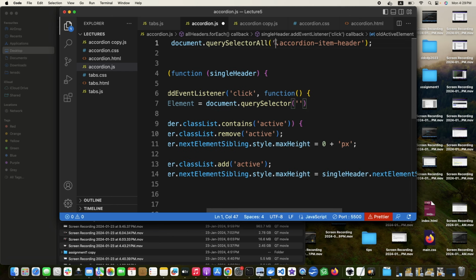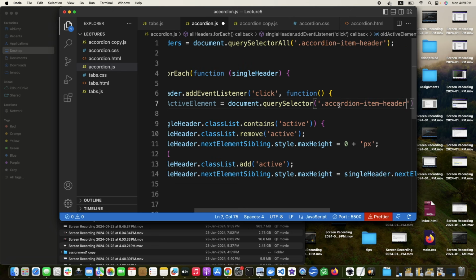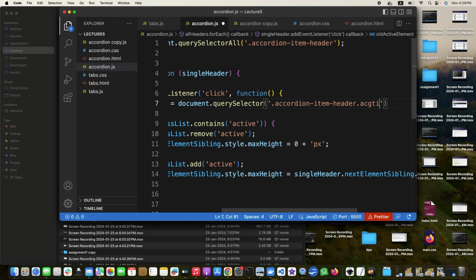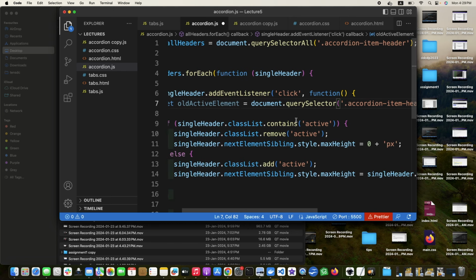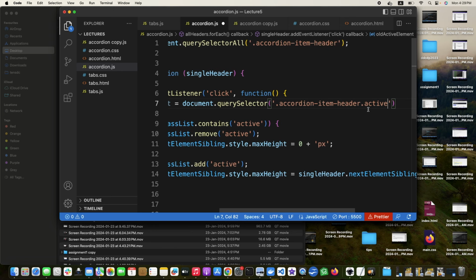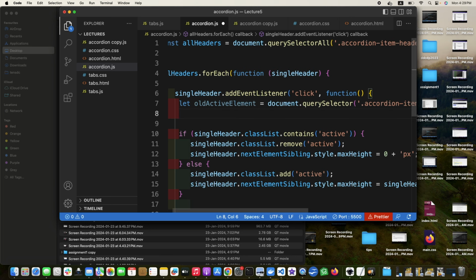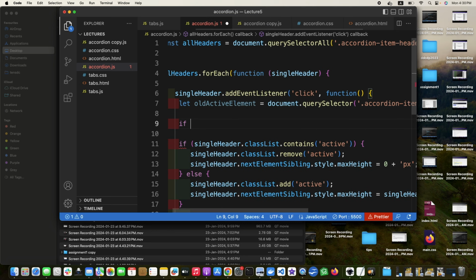It should be the same class but with an active, and you can target two CSS classes with dot active. So what does this mean? We will target the old active class. So for example, before clicking, if there is an old active class